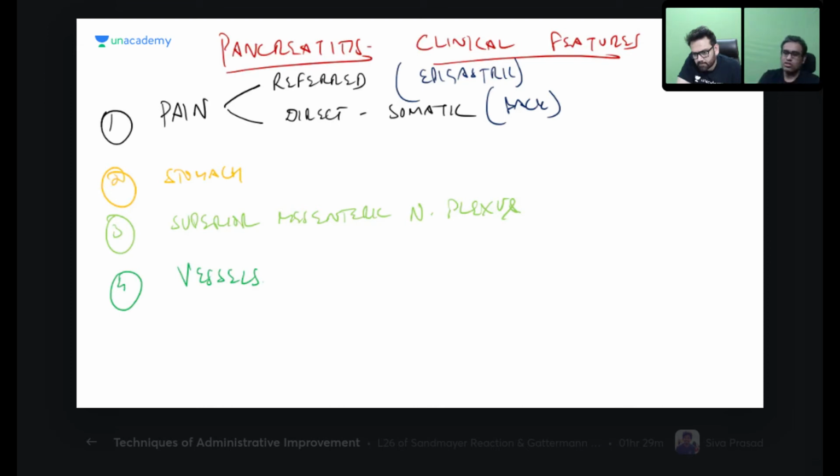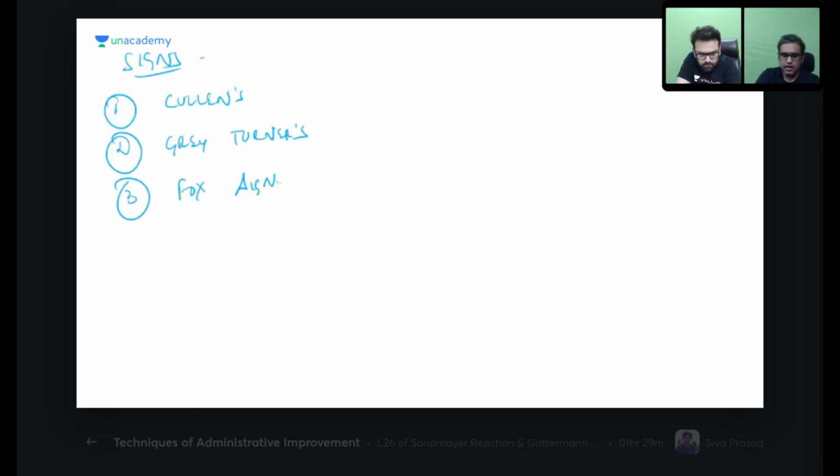It could lead to portal vein thrombosis also, because that is also behind pancreas. They are in immediate touch, could lead to renal vein thrombosis or splenic vein thrombosis or portal vein thrombosis even. That is due to the relations. Only we can understand that if we understood the relations. So the pain, anterior relation is stomach, posterior you have the vessels and the nerve plexus. Okay. Now next slide please.